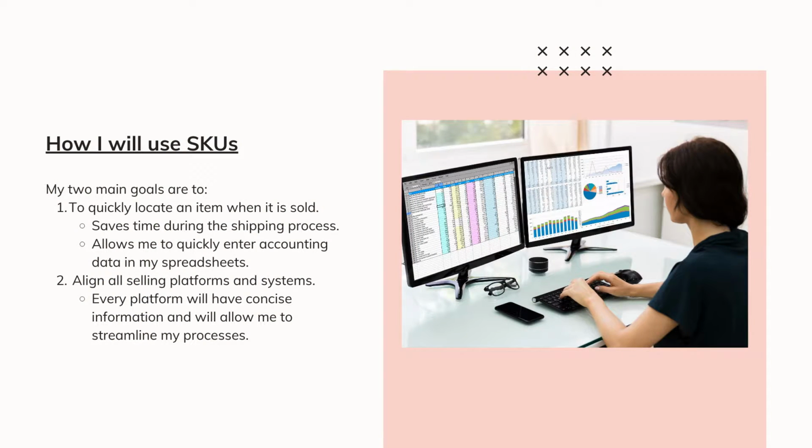Now, the first one is to quickly locate an item when it's sold. This will help save time during the shipping process, especially because if you're like me, you've sold an item before and you get really excited about that sale until you have to go find it. And that's probably sometimes the hardest and most time-consuming part, is trying to find that